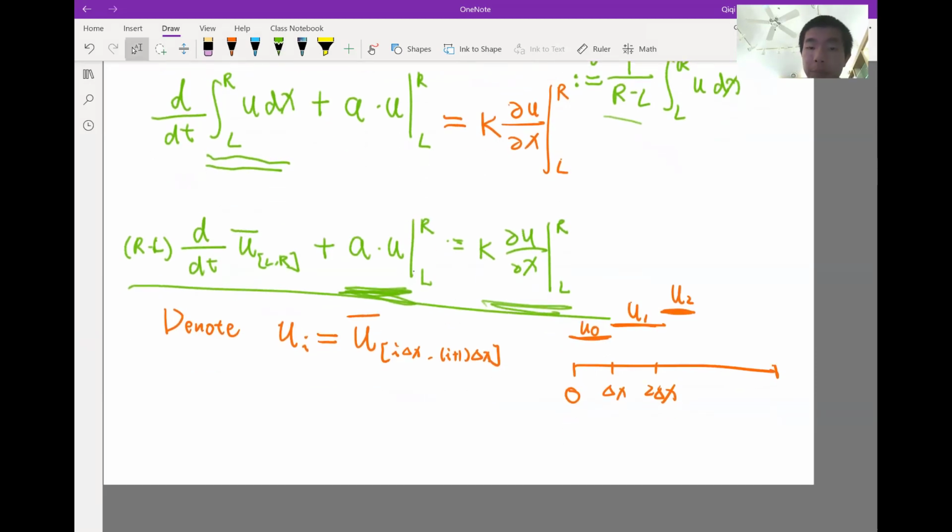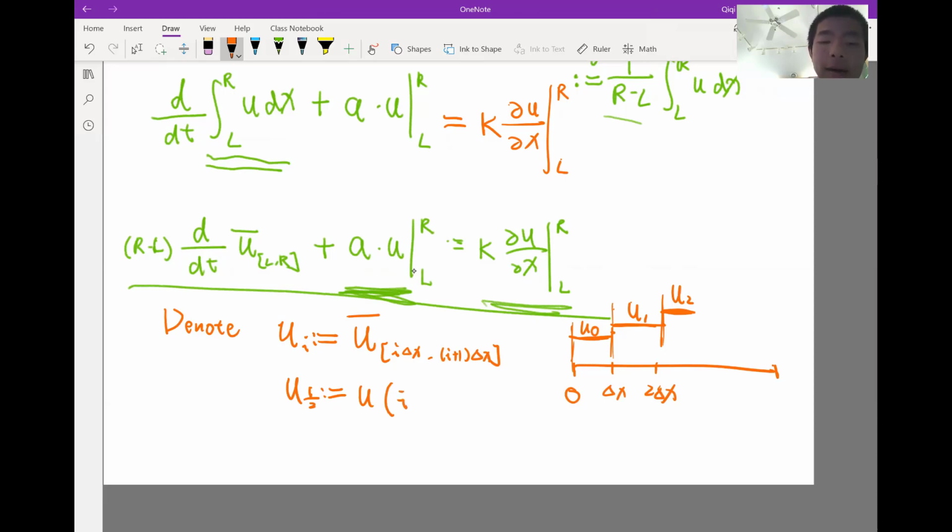In finite volume, we actually denote the interface values, because the interface values are not the primary variable we actually store and solve. It's interesting, people usually denote the interface values of u using fractional subscripts. So the interface value between u0 and u1 is denoted as u half. Okay, u half is no longer going to be an average. So this is the definition, right? u half is denoted as the u at